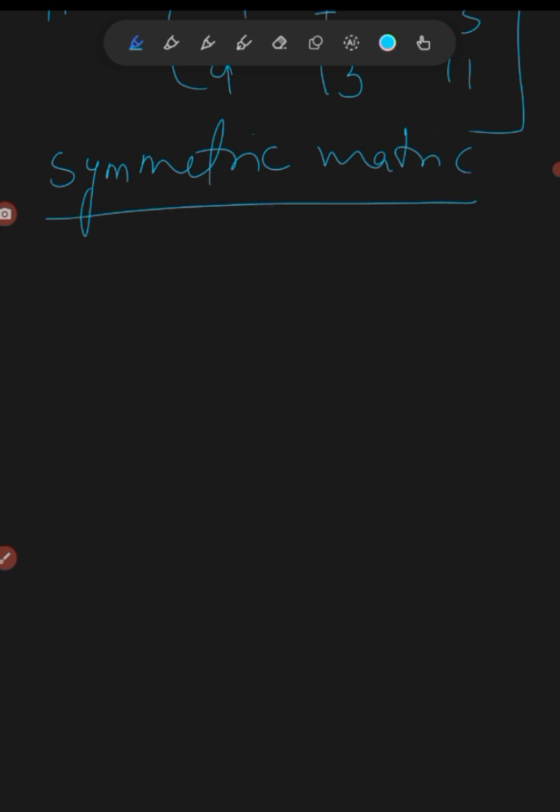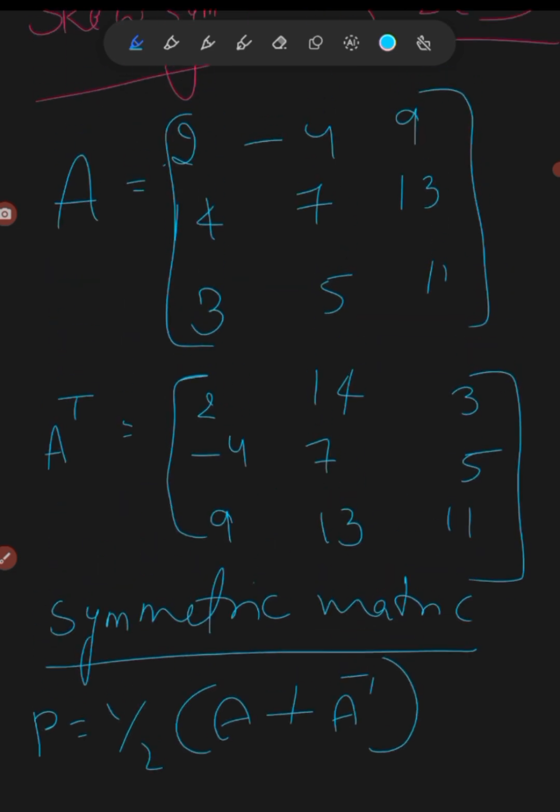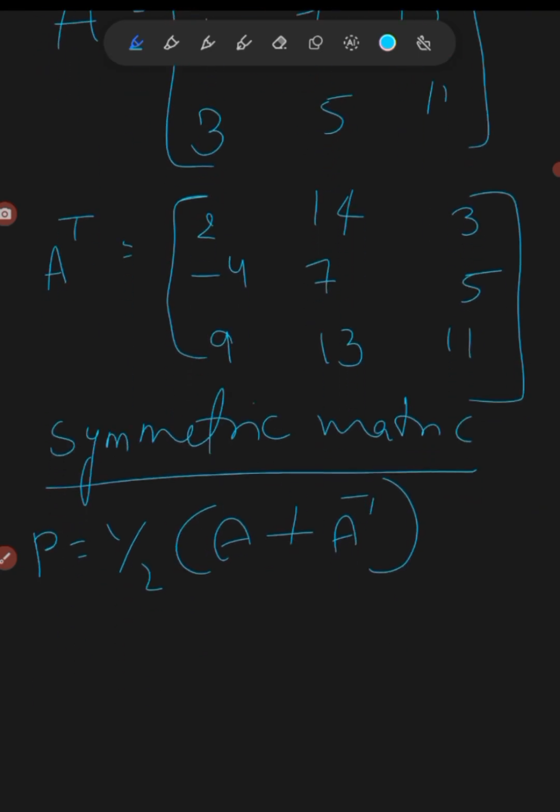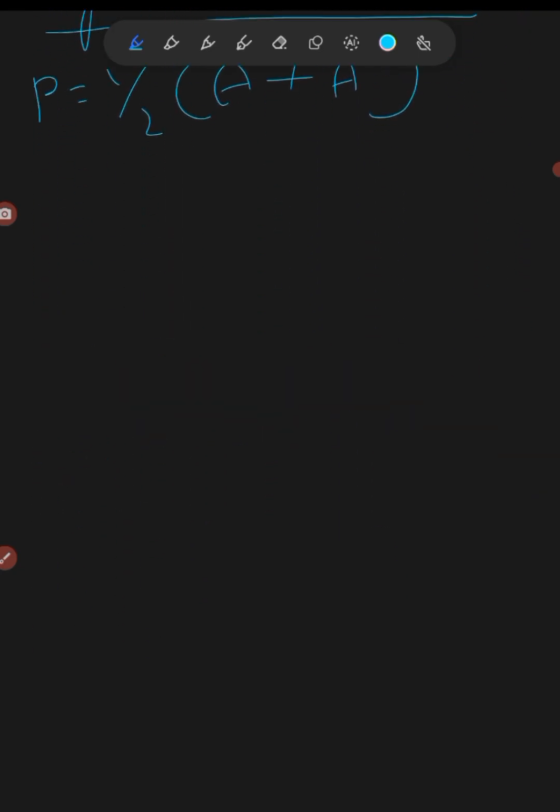Okay, let's find the symmetric matrix first. Symmetric matrix means P equals half of A plus A transpose. We need to add both the matrices, the matrix given here and the transpose we found for the matrix they gave. I'm writing the sum of both the matrices, but you should not skip those steps because each step carries a particular amount of marks in your examinations. Like the sum